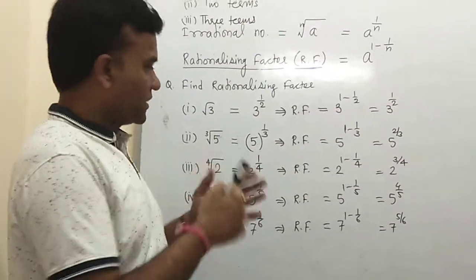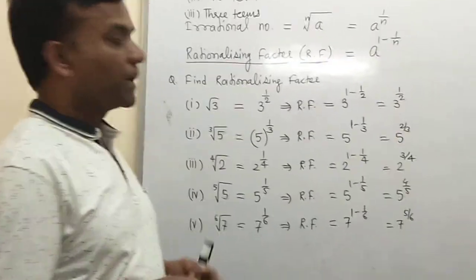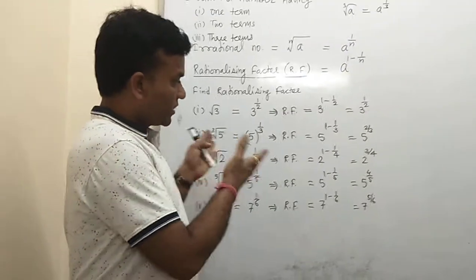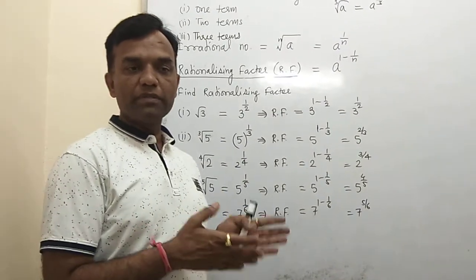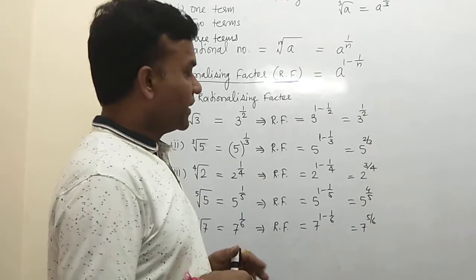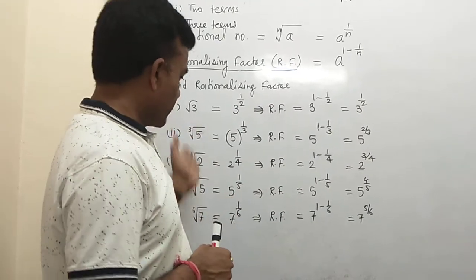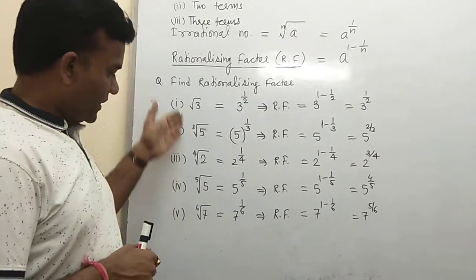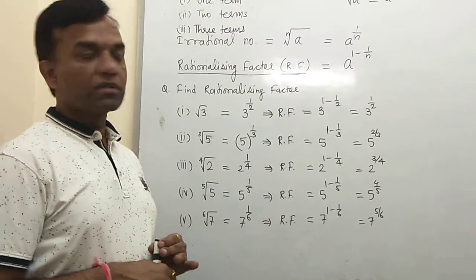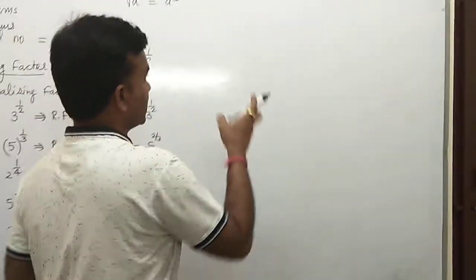So we have covered the rationalization factor with the help of examples. Here we listed some questions related to the rationalization factor, and how you find it depends on its power in exponential form. You convert into the exponential form and always subtract from 1. But here we have a single term, and these are examples of prime numbers, but some more examples are related to different conditions.